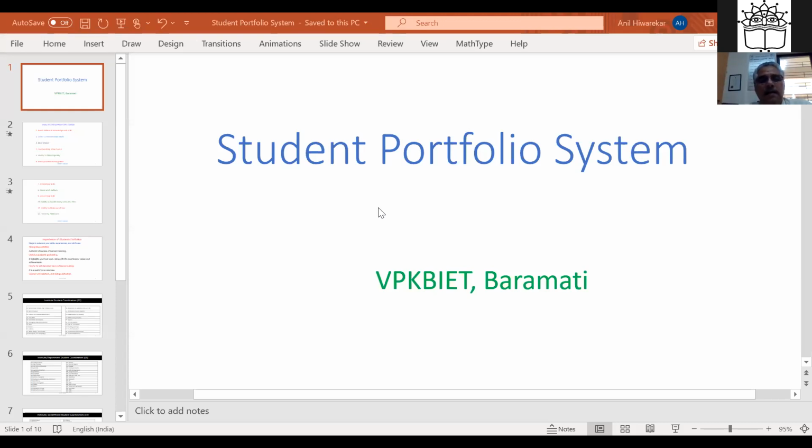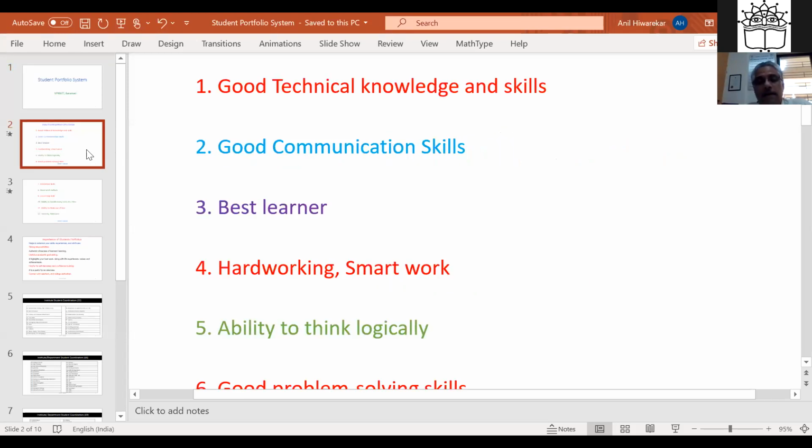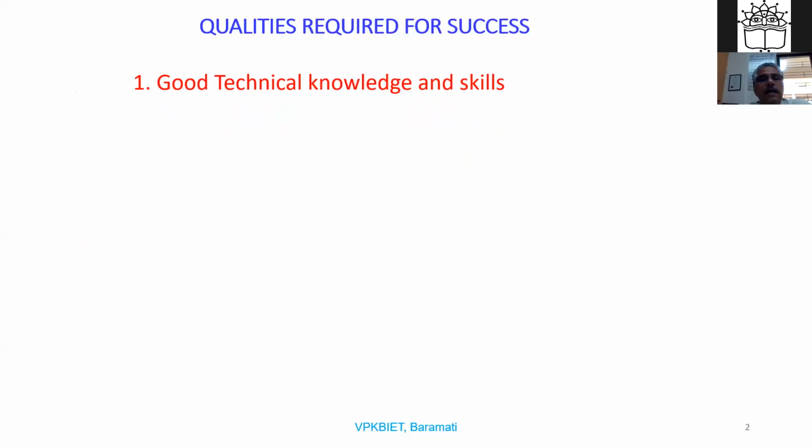As you know, I have taken charge of Dean Academics recently, and as per the guideline by our principal sir, we have to take a drive on allotting student portfolios. This is a very important issue that we have taken into account, and I know that this will help students in many ways.